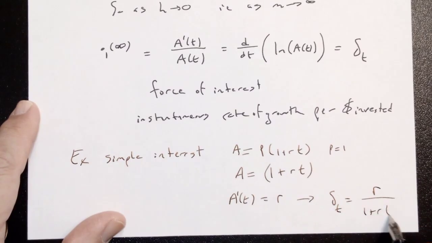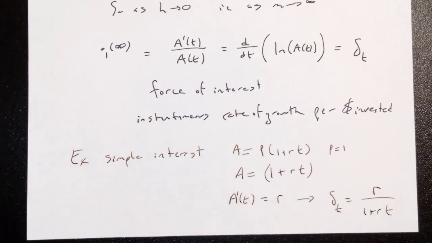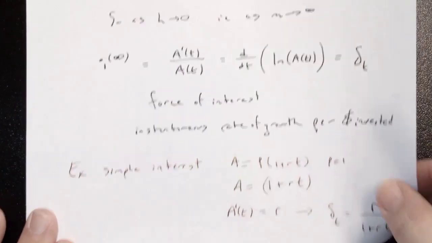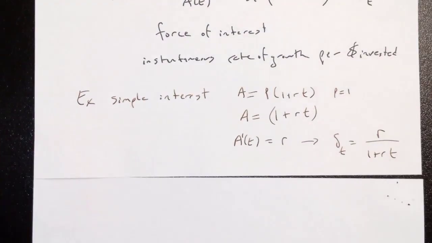So there's my force of interest formula. The force of interest is R over 1 plus RT. Now, our textbook actually uses I instead of R in this problem. So they'd write I over 1 plus IT. Big deal. I don't care whether you use R or I in this situation,